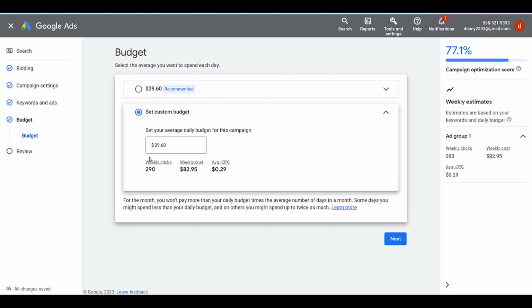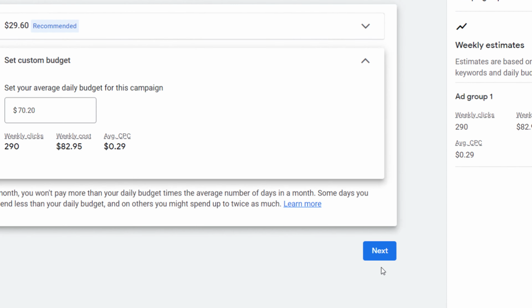Let's say $70.20. Or you can go back to the budget recommended by Google Ads. Set, and then hit next.